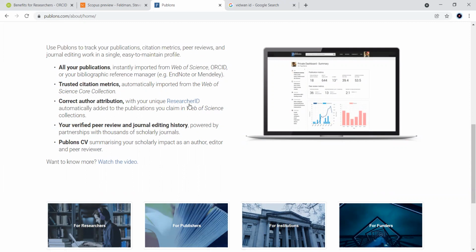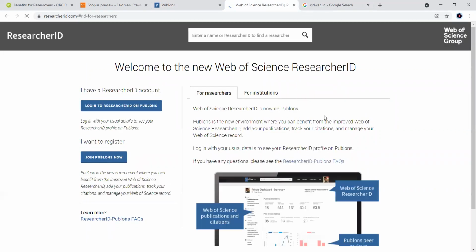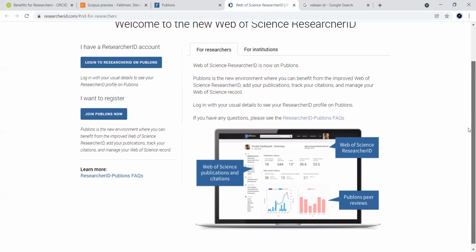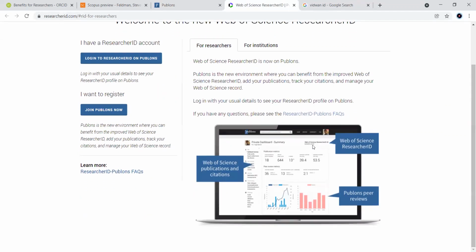And one more important thing you can get is called the Researcher ID, which is very important. It gives us the connection between different profiles. You can see how it looks like here. You'll get a number like this, the Web of Science Researcher ID. This is how it will help us in getting the Researcher ID, which is a very useful tool in keeping track of our work.